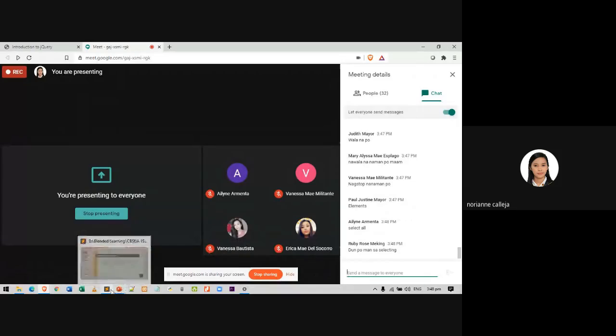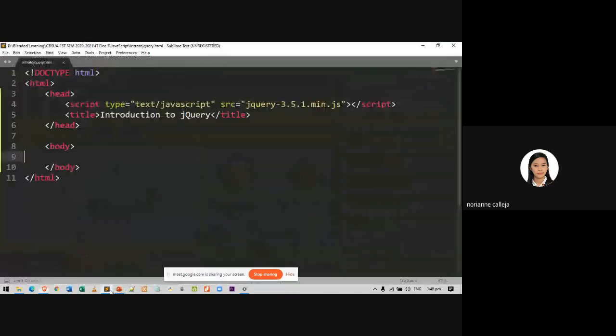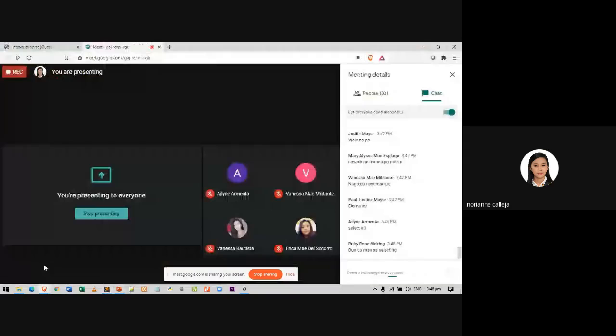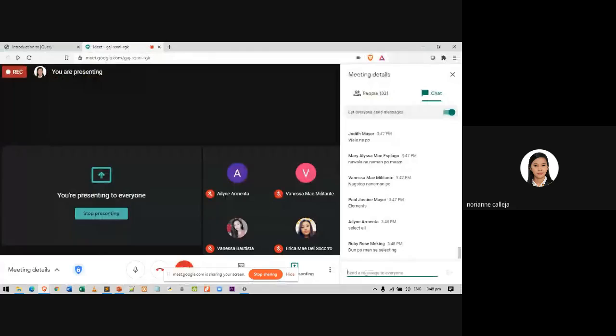So, I think it is clear that the focus of this part's topic or discussion is on how to select elements from your document, right? Okay, I know you understand that. Am I right?